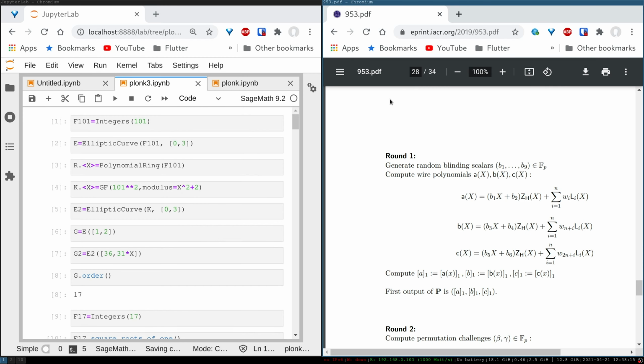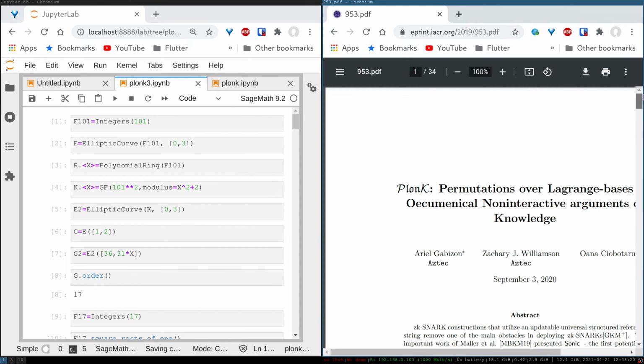Today we are going to do the Plonk calculations, just as described in this paper. "Plonk: Permutations over Lagrange bases for Oecumenical Non-interactive arguments of Knowledge." Well, I can't even read this stuff. I have no idea what these words mean. Anyway,